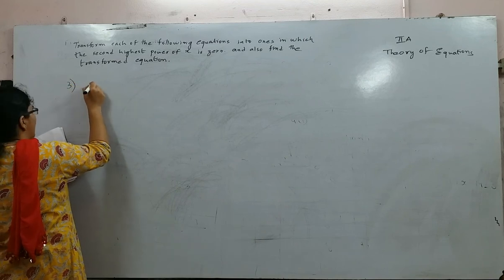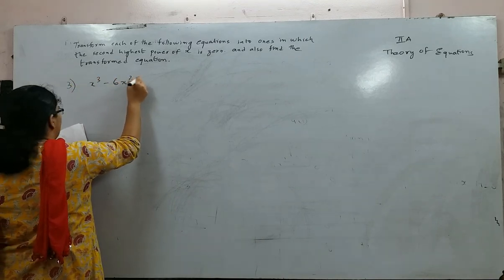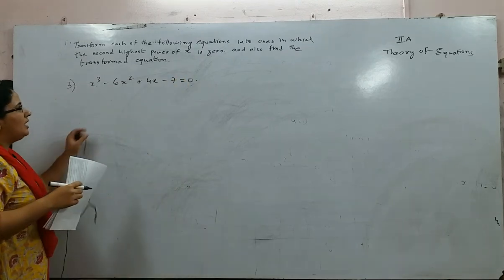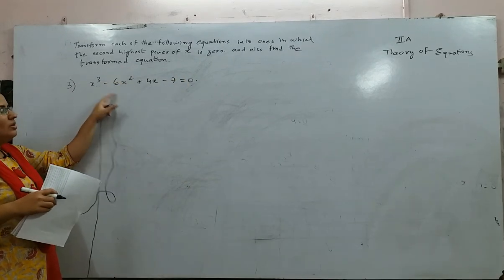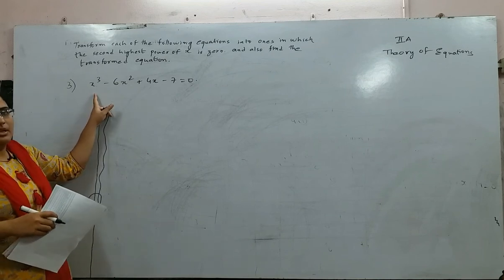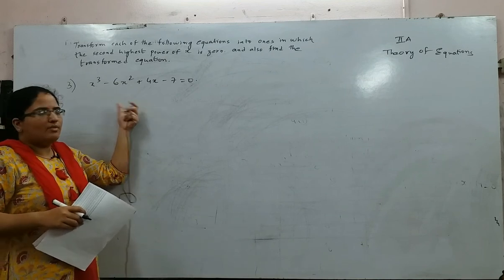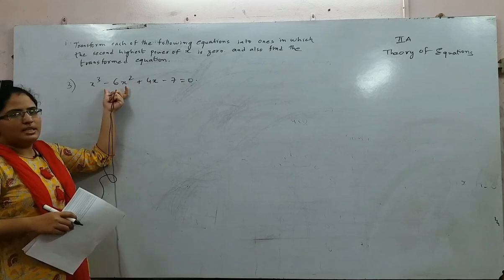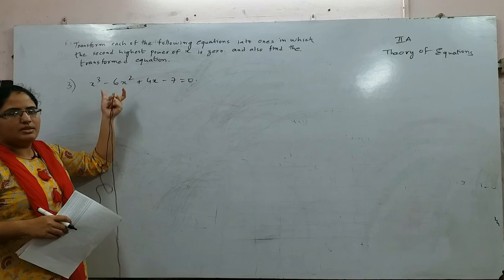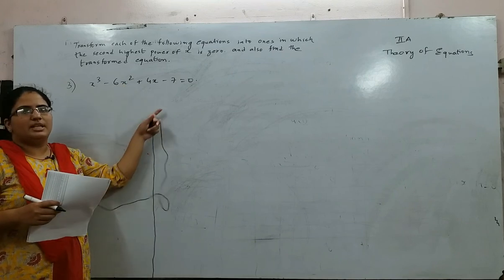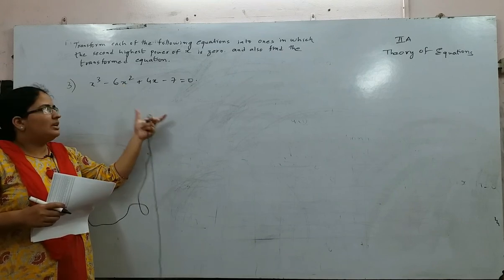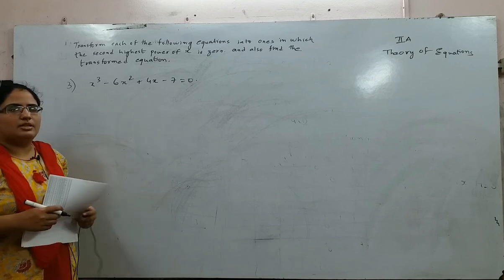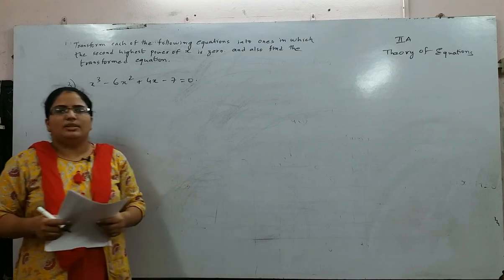Third question, x cube minus 6x square plus 4x minus 7 is equal to 0. So I do not want the x square term here, only the cubic term should be there. So find out the roots in such a way that you have only the cubic term and remaining terms if possible, but the square term should be eliminated. What is the formula that you will use? Minus a1 by n into a0. Take that value and start diminishing the roots. You will get the new equation. That's all for today's class, children. We shall continue in the next class.